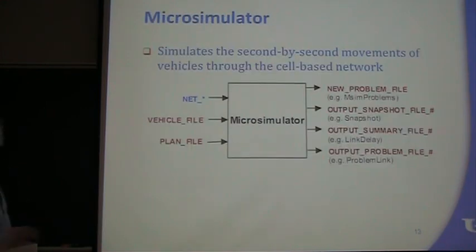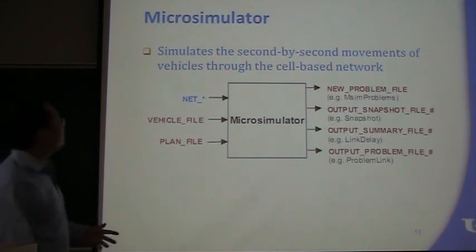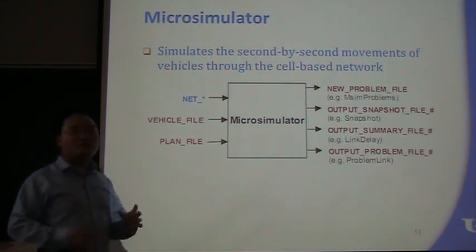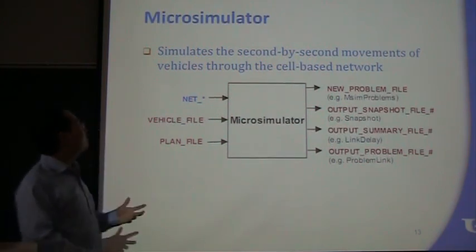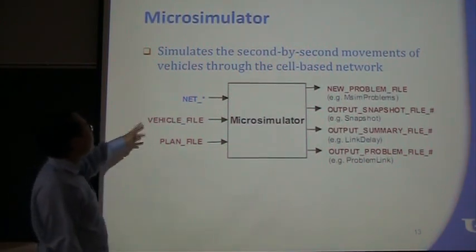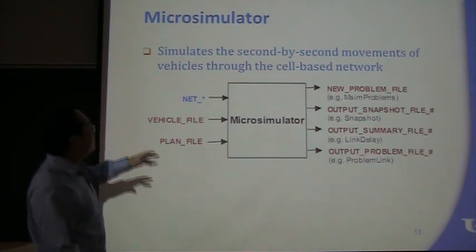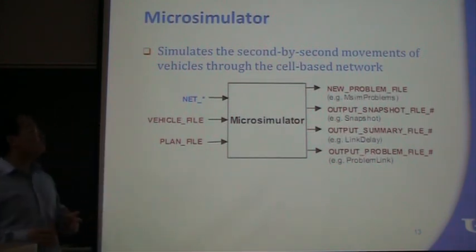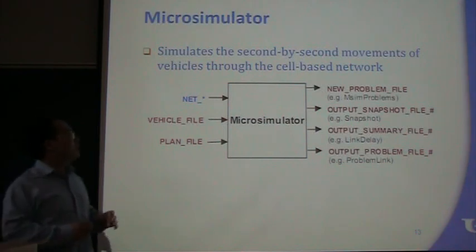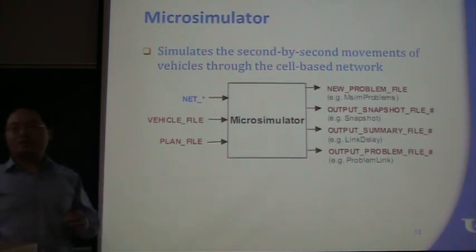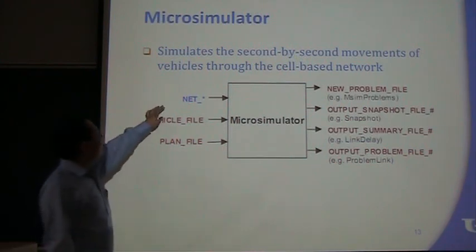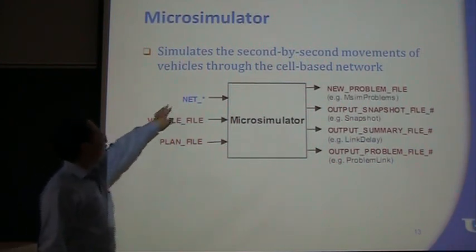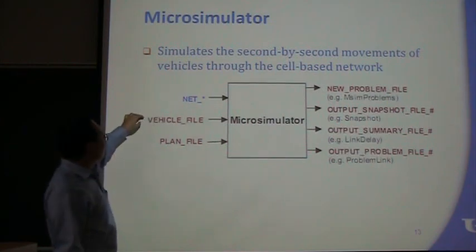The third tool is micro simulator. Micro simulator is the only simulator in transims. So it's the core of transims. In micro simulator, the second-by-second movements of vehicles are simulated. And the network is called cell-based network or cellular automata network. Micro simulator has 3 inputs. The first thing is the network. Then we have the vehicle file that will generate